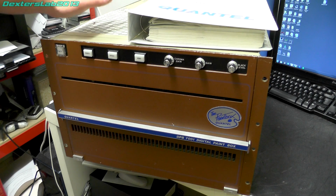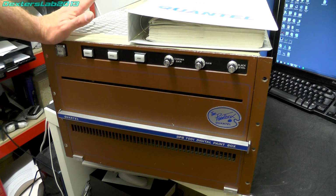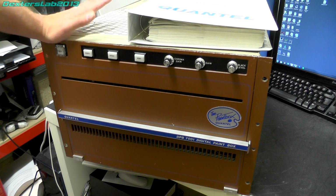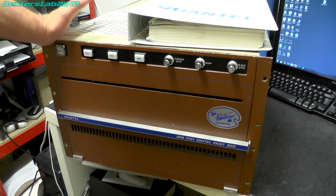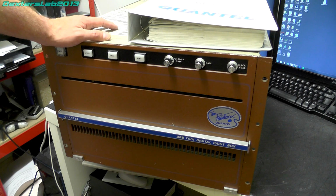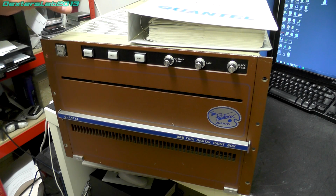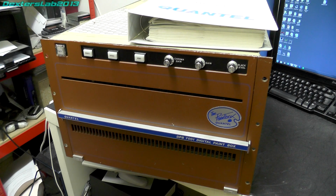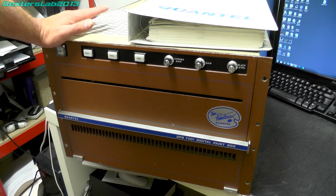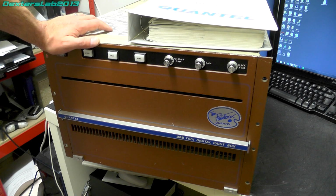So in terms of this actual unit, as I said, this came from Retro Gamer VX. He picked it up from an ex-BBC engineer, and I believe it was decommissioned in around about 1993, 1994, some kind of time period like that. So as far as we know, although Retro Gamer VX tried to power this up and get it working, he wasn't able to, but really the last time it was fully functional would have been back in the early 1990s. The original paint box, the DPB-7000, that was released originally in 1982, 1981, depending on who you speak to,